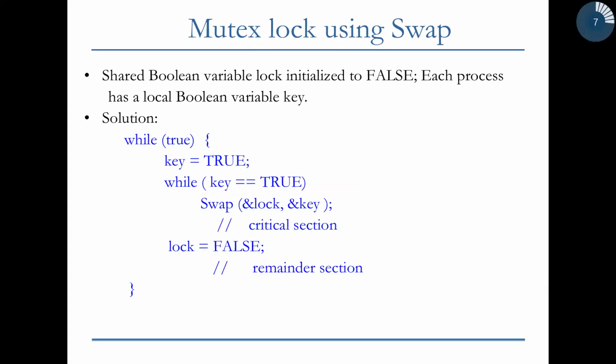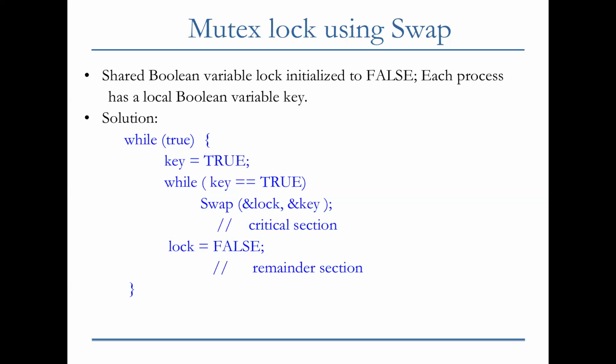So then you can implement a lock using swap. Let's say you set key to true. Initially the lock is set to false. Now you're going to try to set the lock to true. How are you going to do this? You set key to true, and while key is true, which it definitely is on the first iteration,